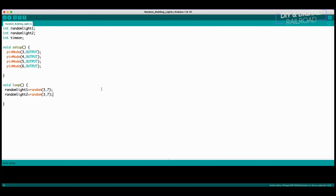3 through 7. Now, one thing we don't want is for randomLight1 and 2 to be the same value. So we're going to do an if-then statement. If randomLight1 is equal to, that's what the double equal means, randomLight2, then we put our curly brackets, and we do randomLight2 is random 3 through 7. What that's basically going to do is, if the two numbers are equal, it's going to keep repicking the second random light until we go to our next statement, which is else if